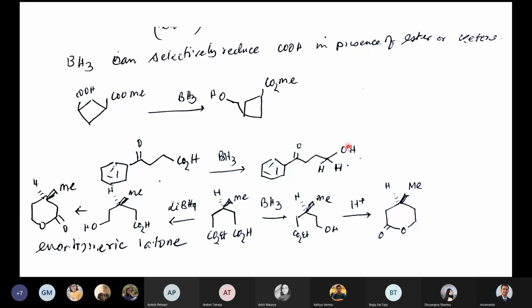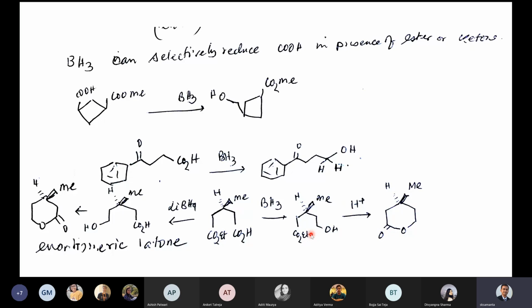Okay. Yeah, this example is very important, very interesting also. So if you have this kind of compound where you have one CO2Et, one CO2H, if you use BH3, then only this CO2H will be reduced. So in this case CO2Et will remain intact and this will become CH2OH. And if you react with acid, then trans esterification will happen. So this OEt group will be gone and this OH will react here. So you get a product where you have the double bond O on the left side, because this double bond O is coming from the ester,